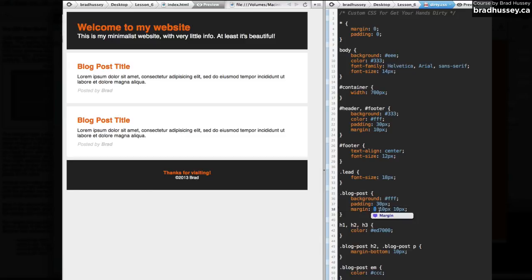The reason why I wanted 0 pixels was because the blog post, I wanted to have 10 pixels on the bottom, but if I specified 10 pixels on the top as well, then effectively I said that this would have 20 pixels in between because there's 10 pixels on the bottom of this blog post and there's 10 pixels on the top of this blog post, therefore making this 20 pixels in between, and I didn't want that. However, I should have specified more clearly